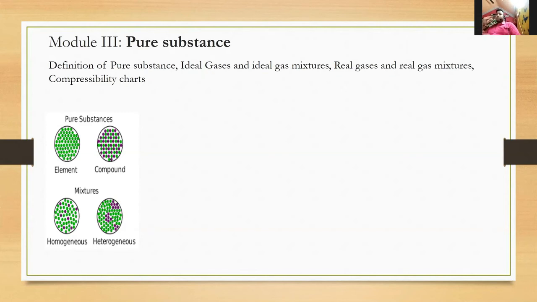But the impure, heterogeneous mixtures which are not properly, uniformly mixed up cannot be considered a pure substance. Like if you think about air as a gas and air as a liquid, if you try to mix it up, it will never mix. Even if you have forcefully mixed these two things, a liquid nitrogen and a gaseous nitrogen, they will not mix at all. If you try to mix up water and oil, it will not mix up. So these kinds of mixtures which are heterogeneously mixing are not pure substances.